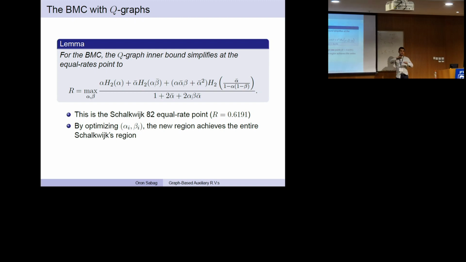And this can be extended to derive the entire achievable region, not only the equal rate point, by taking different alpha and beta. And I think that it is quite interesting that our general framework of Q graphs, something that was not known at Schalkwijk's time, captures his fundamental scheme, which was one of the breakthroughs, I think, in two-way channels, where we showed that the Shannon inner bound is not optimal for the two-way channel with common output.